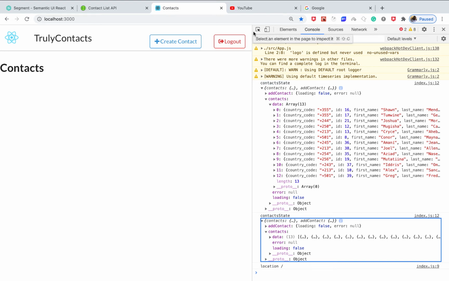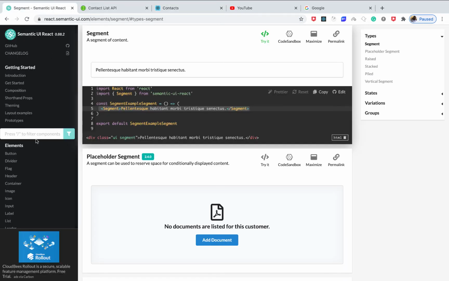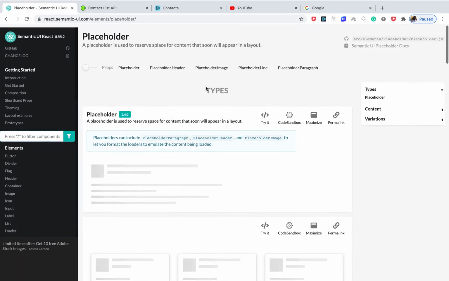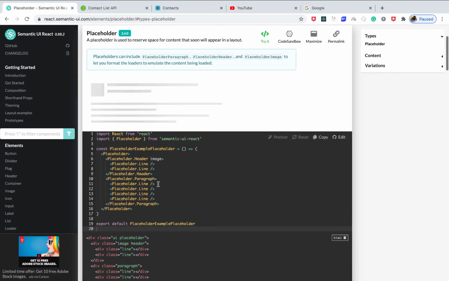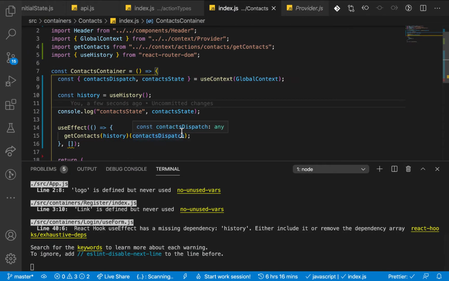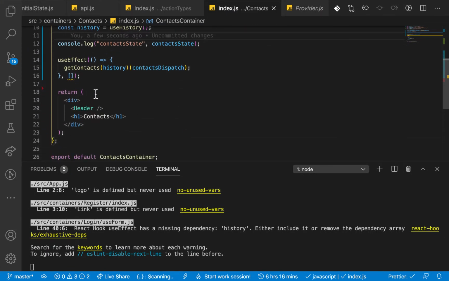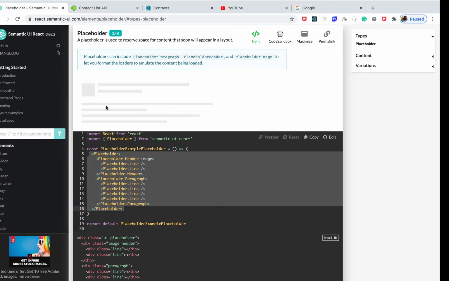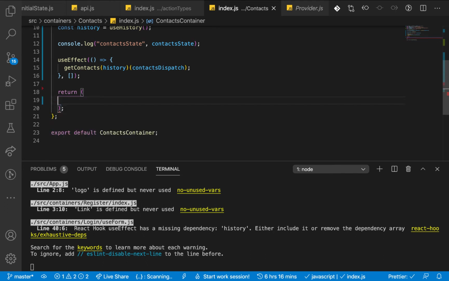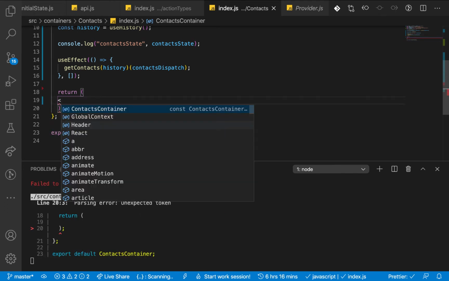So we can actually do that if we go to the semantic documentation. You can quickly search for a placeholder. So we're gonna use something like this. So I'm gonna actually cut this one out, copy this. So right now we are loading everything here, and we're gonna be refactoring it, of course. So for now, we are going to be returning the UI. So we're gonna call it contacts